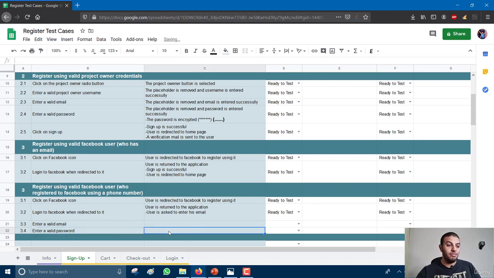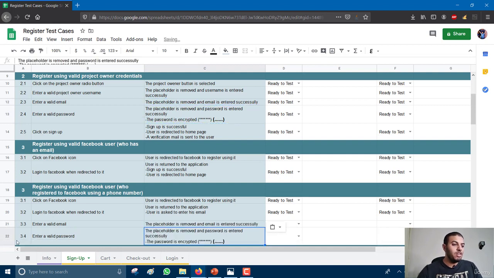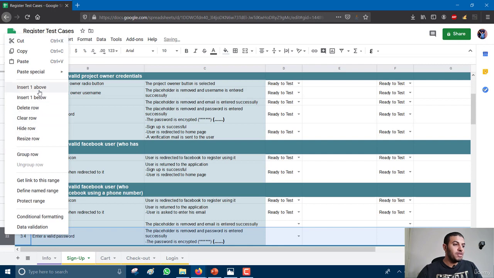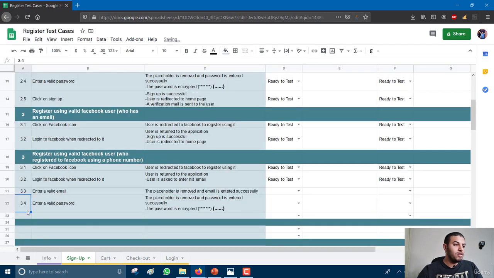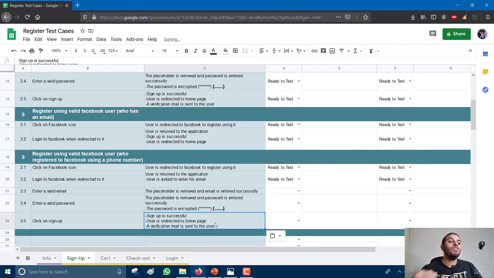So this is the step. Here, yes, valid email, the same placeholder is removed and the email is entered, and the password the same here, and then insert one below, click on sign up. So when I click on sign up, in this case, the sign up is successful and you